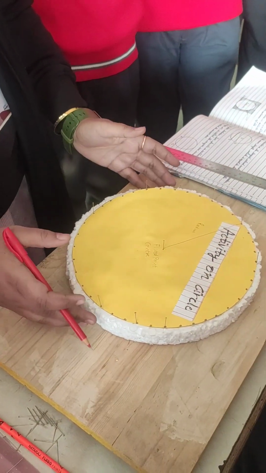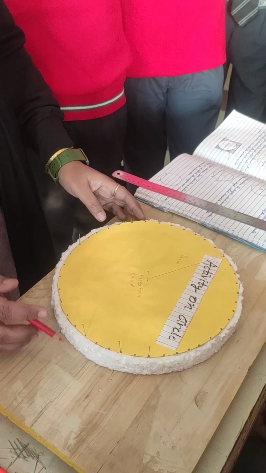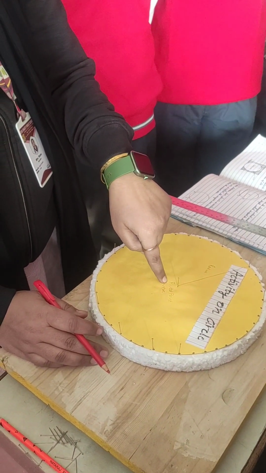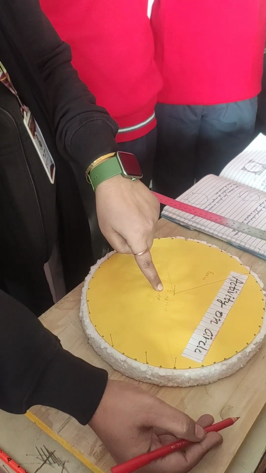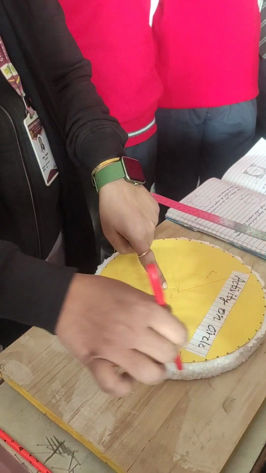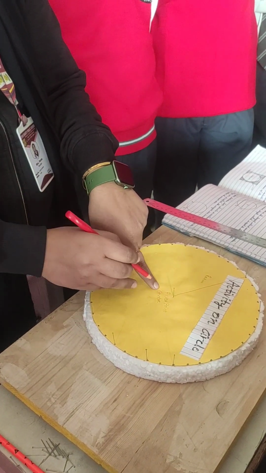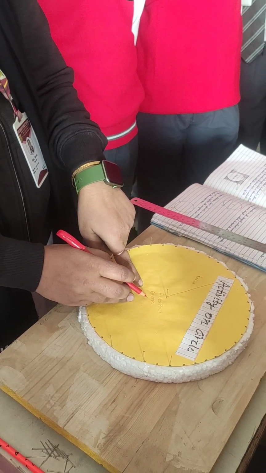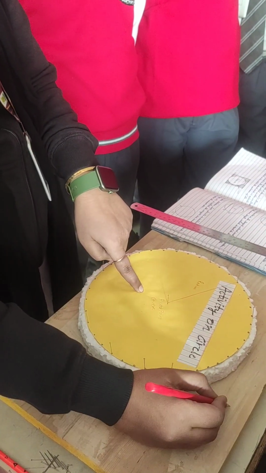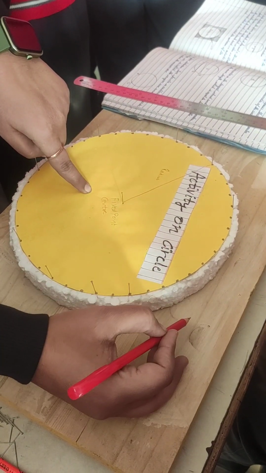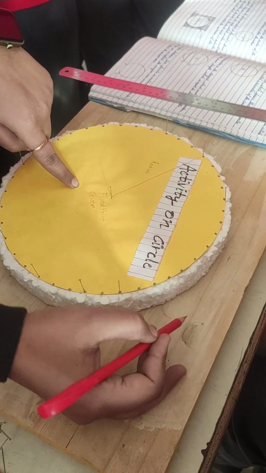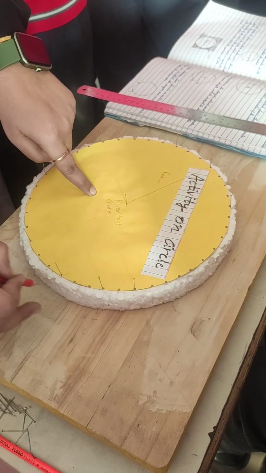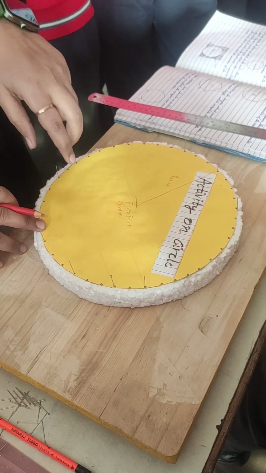Now come to the parts of the circle. In a circle we have three parts. How many parts? Three parts. One is the interior of the circle. Second is the exterior of the circle, and one is on the circle. The center is always in the interior of the circle. Suppose I have taken a point here. This point is outside the circle. That is the exterior. This part is the interior. And this point is on the circle. So in the circle we have a total of three parts.